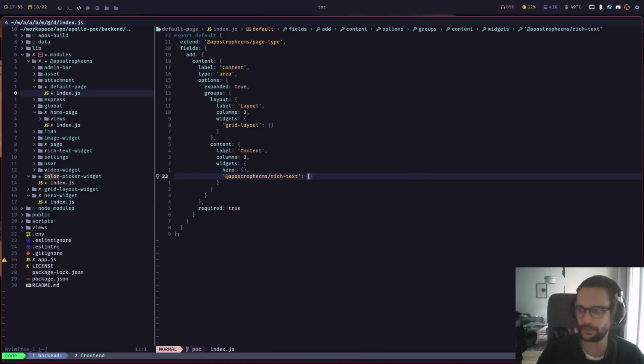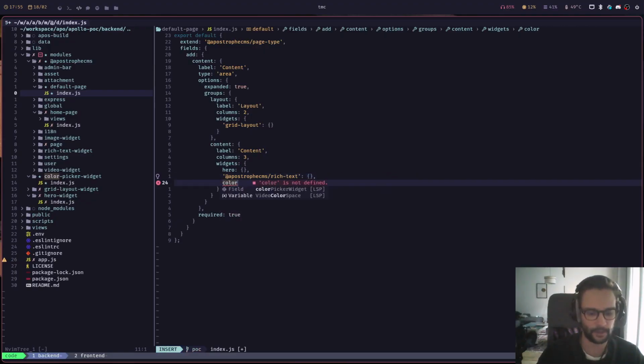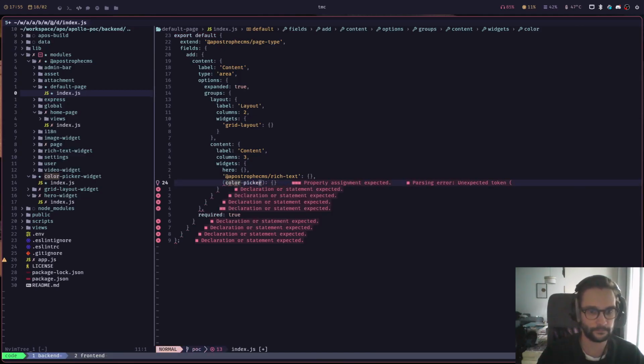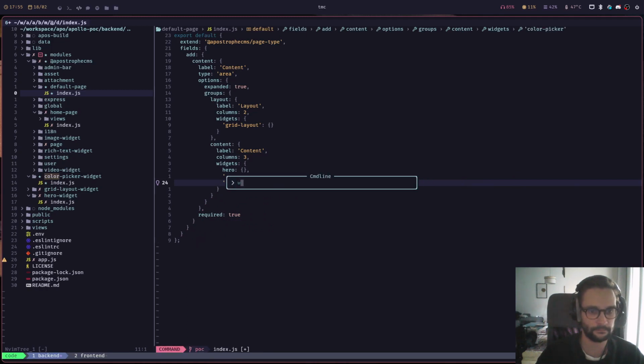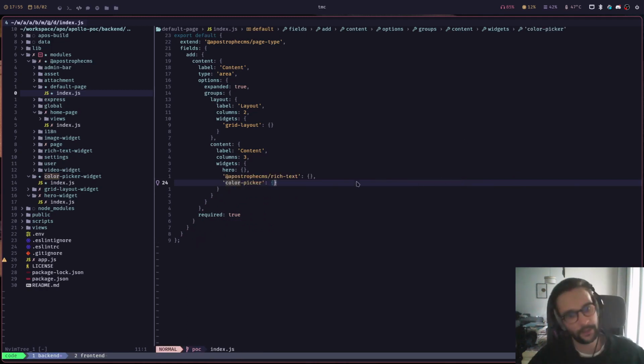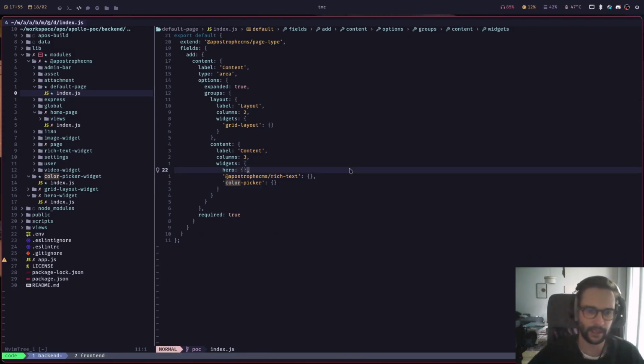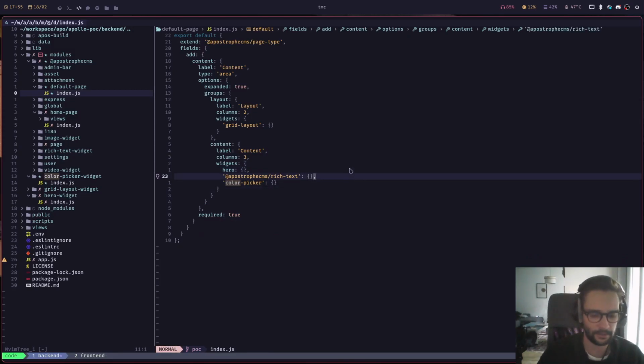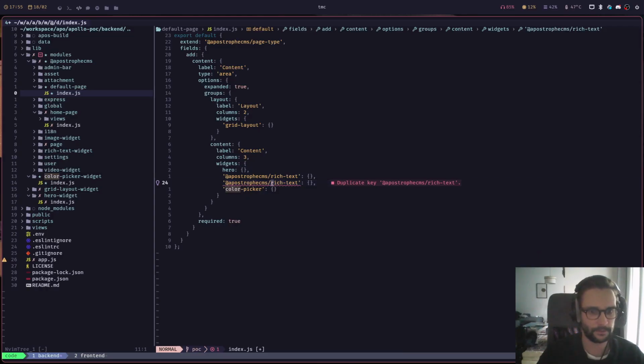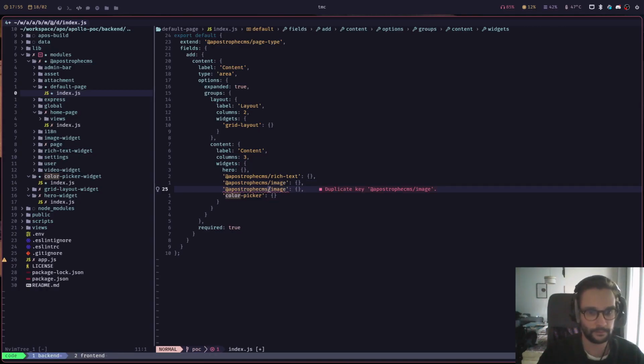I don't configure the rich text too much because I'm lazy, and you can do a lot, but I will maybe after that. Okay, so the 3 existing widgets, I can add maybe some images also. And video would be doable, but